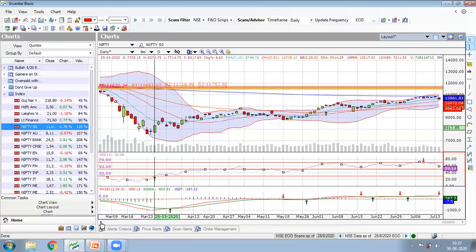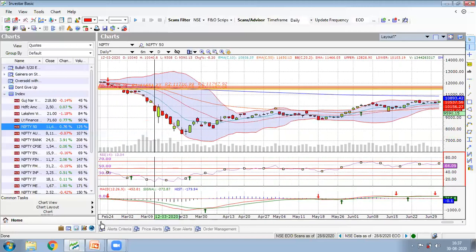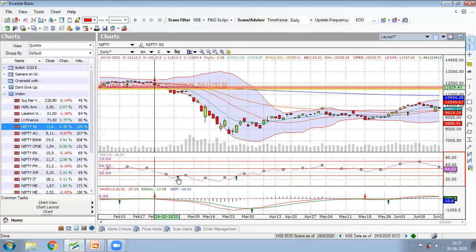So let me go back a little. If you see, on this particular day, which is the 3rd of March, RSI gave a small buy signal on the back of a retracement that was shown. At that time, the levels of Nifty were 11,300. Imagine 11,300, and the markets made a low of 7,500. So a 2,800 drop. Okay, so that is why we say RSI has its own limitation. You should not use it on a standalone basis.